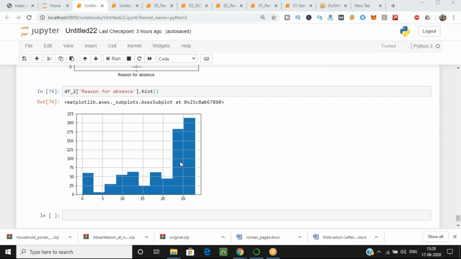Okay, now tell me what's the difference between the histogram and the bar graph, because yesterday we did bar graph and the pie chart, and today we did histogram also. Now tell me what's the difference between histogram and the bar graph, and when we use histogram to visualize our data, and when we'll use that another one to visualize our data, that is bar graph.